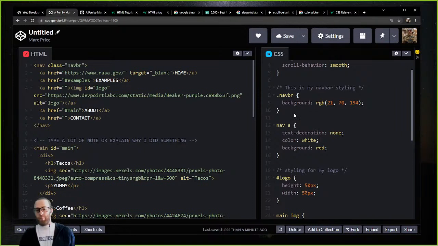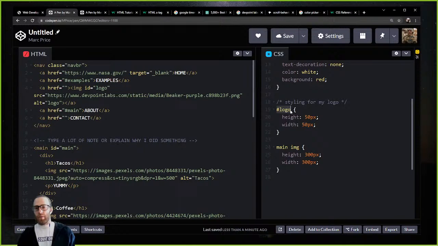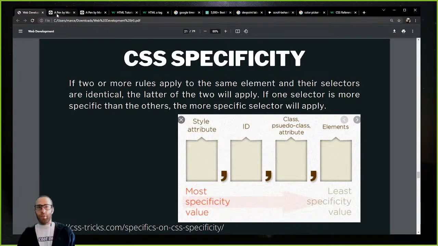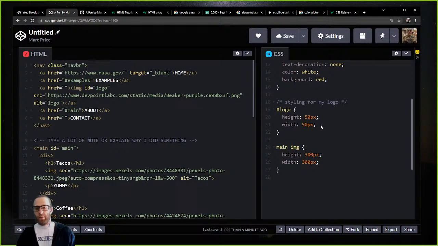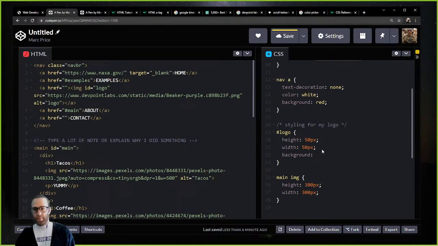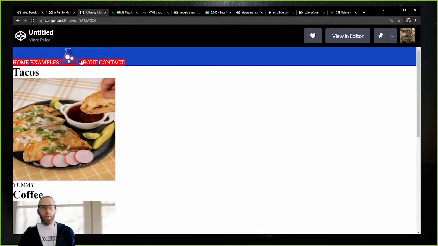If I come up above, below, it doesn't matter. If I'm grabbing it by the hashtag logo, which is the ID name, that is more specific, so that should override the background color. So inside my logo, I do background and set that equal to my navbar background, so that way it's the same. That should, I don't know, we'll find out. That should make my logo background the same color as my navbar,